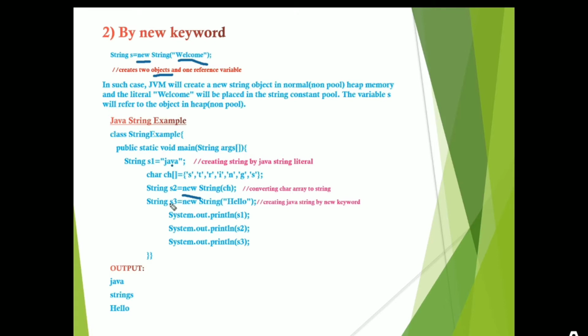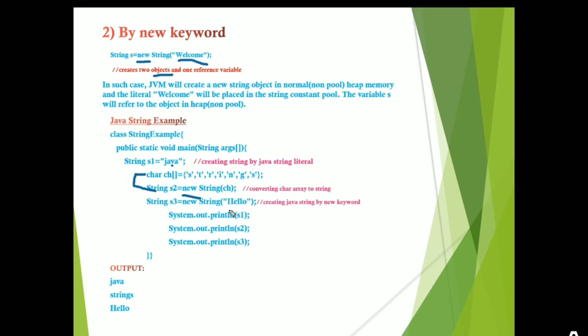When we are creating s3 as new string hello, here we are creating the character array and assigning it, and that character array is converted into the string. These two steps are using the character array, and this is creating the string by the new keyword.